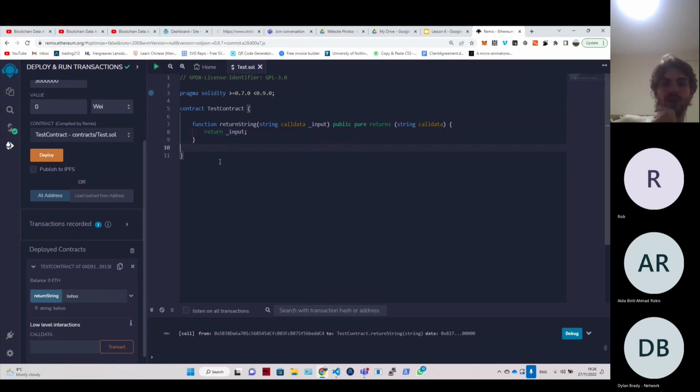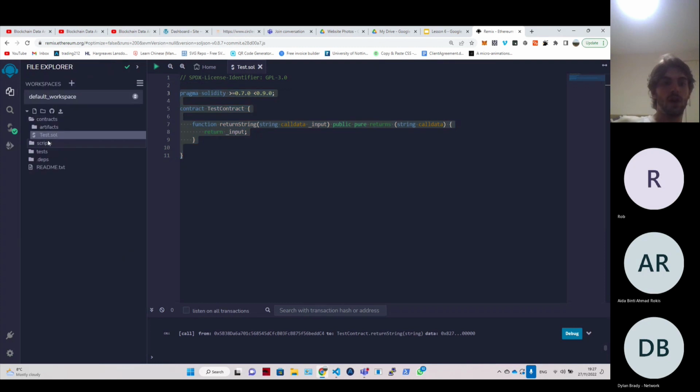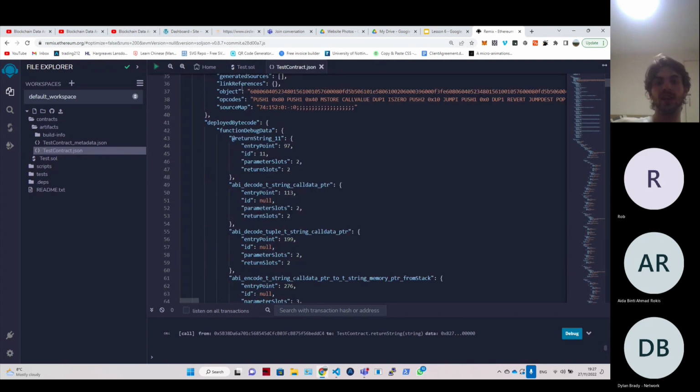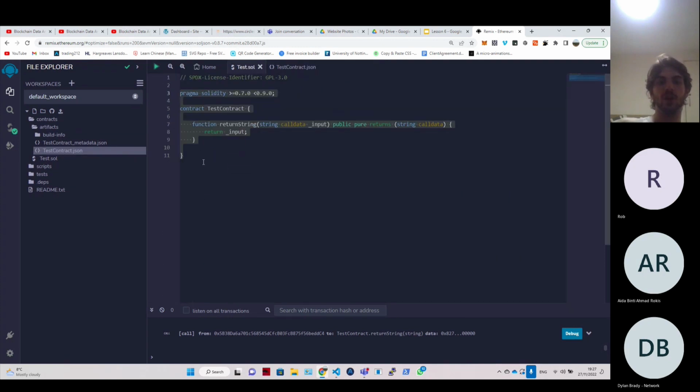Now, this is all very good, but it's not deployed anywhere. It's not up on any sort of network, and obviously we want to get it up on the Hedera Hashgraph. So what we need to do with that is we need to go and look at what's called the bytecode. The bytecode is just basically a compiled version of this smart contract into a form which computers and virtual machines